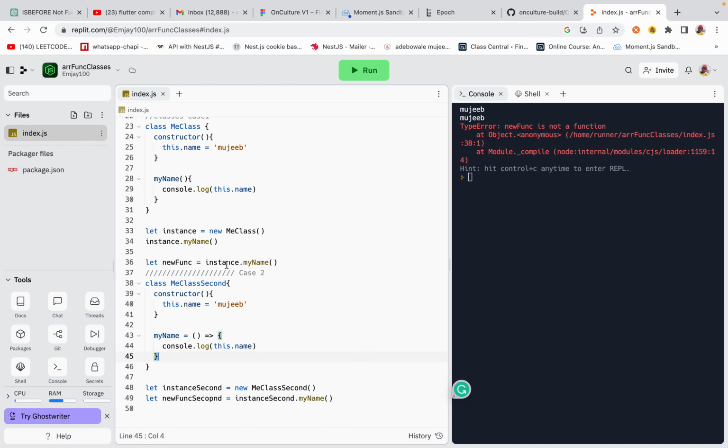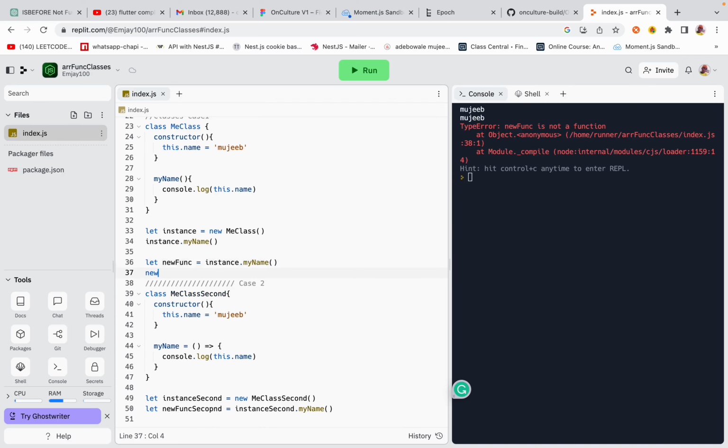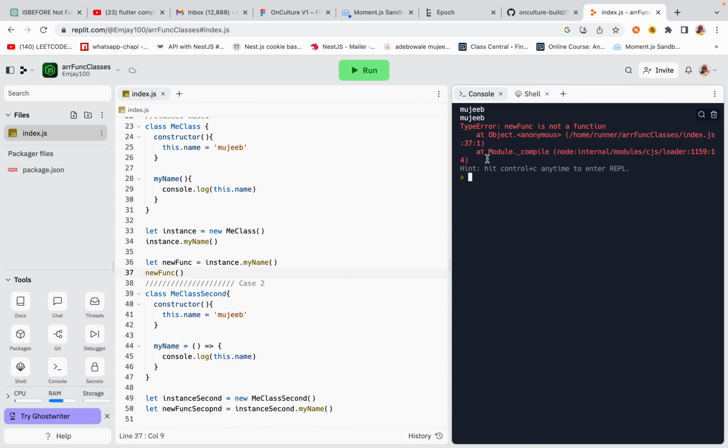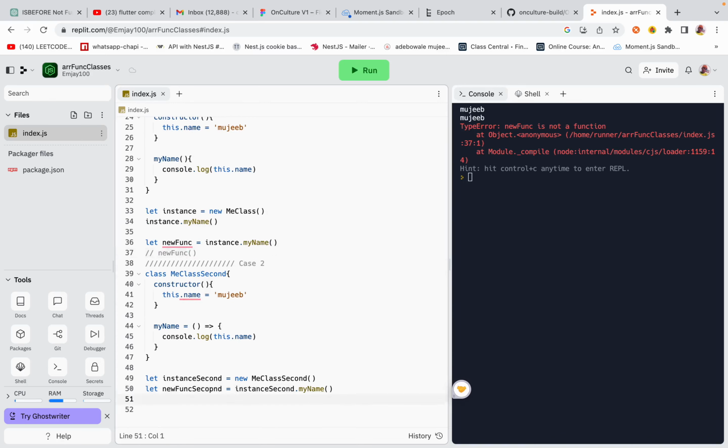Now if you observe in the first case here where we try to call this function here, let's call this function new function, we get an error, right? We get this error prompted, right? You see it throws an error, right? So in the second case, let's call this function here. We have new function second. We call this